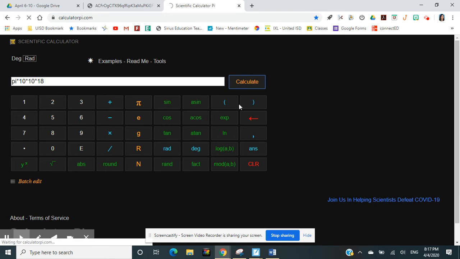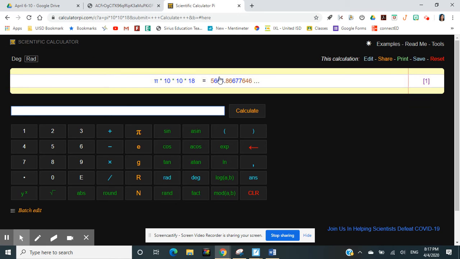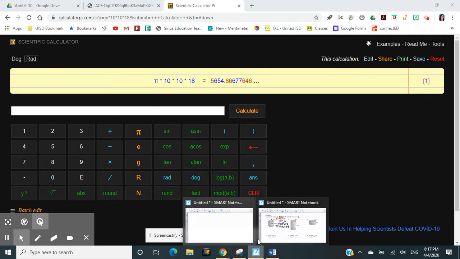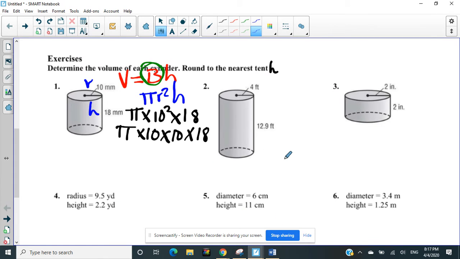That was our first problem. And our answer is going to be 5654.86, okay? So I'm only going to get the first numbers, 5654.86. Now notice that